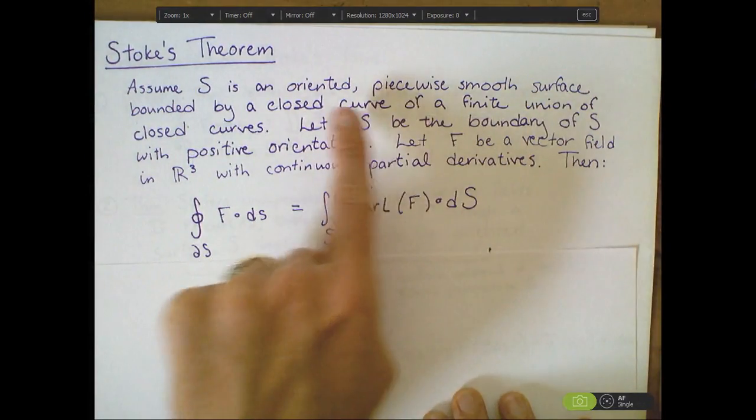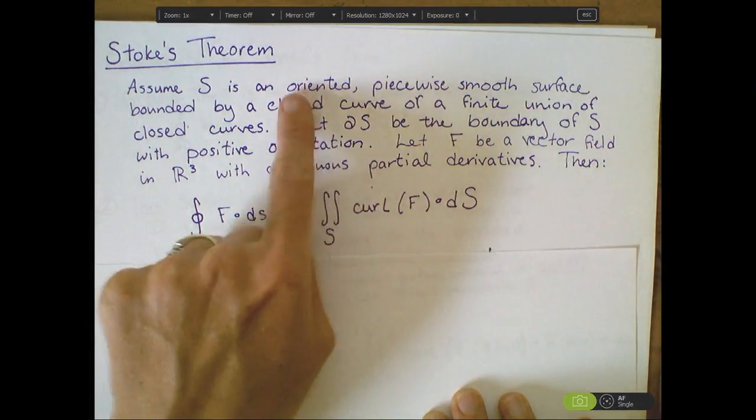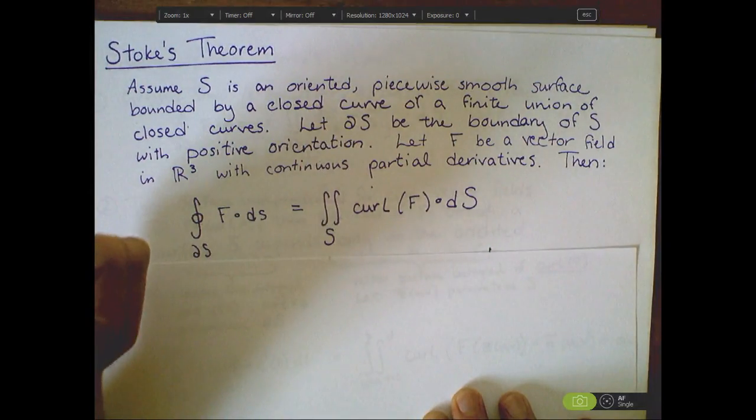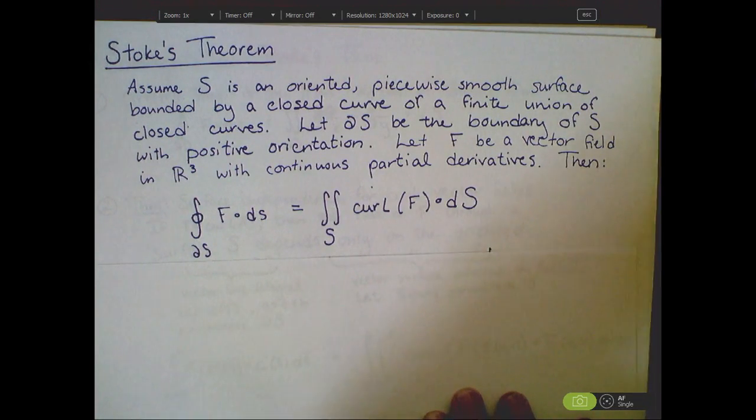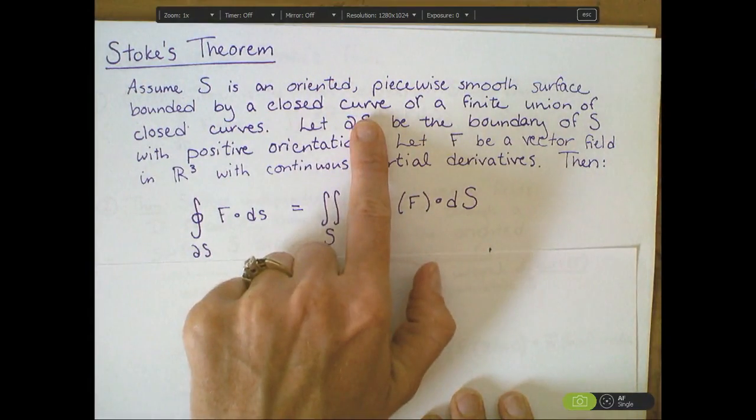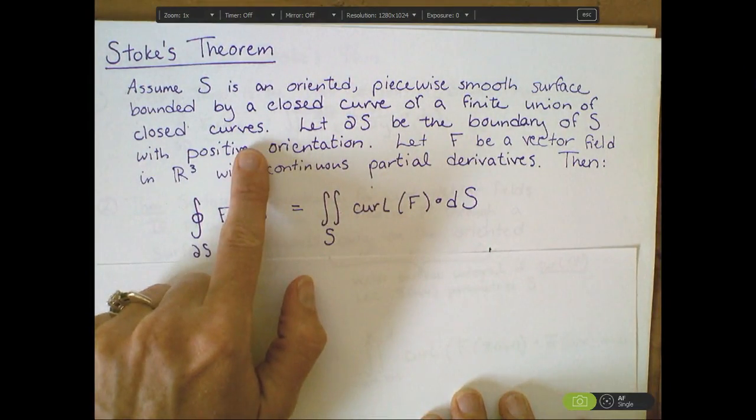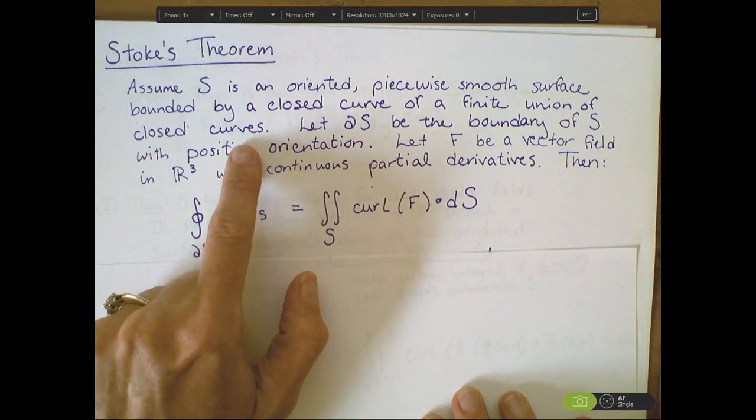This surface needs to be oriented and piecewise smooth. Oriented just means that it has a normal vector. Piecewise smooth, I want it to be differentiable everywhere. It's bounded by a closed curve or a finite union of closed curves. So the finite union of closed curves,